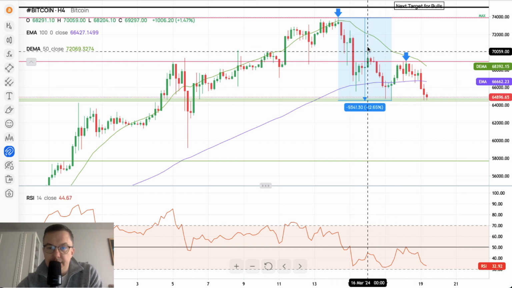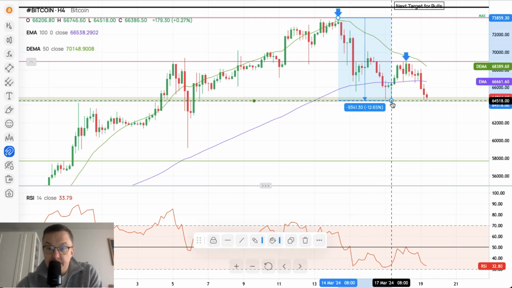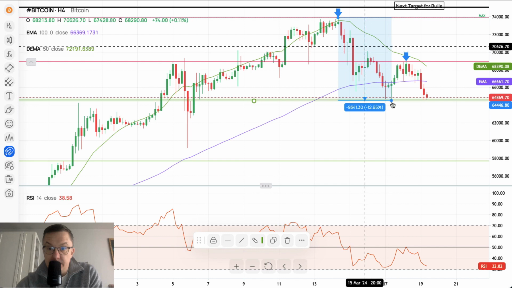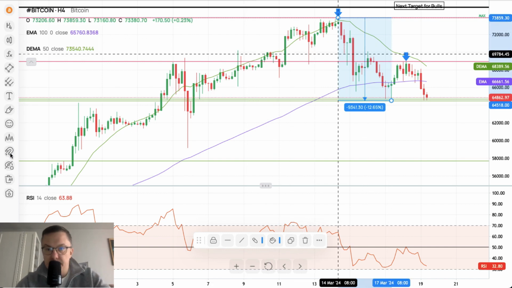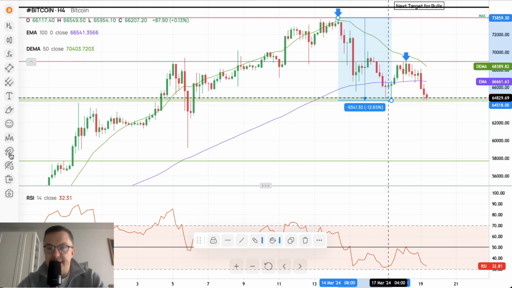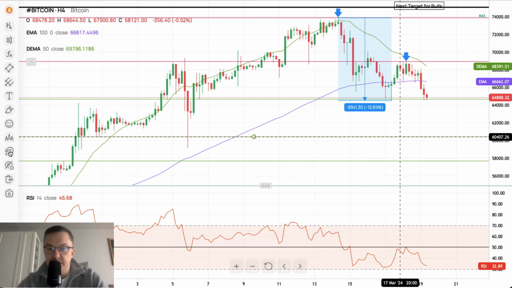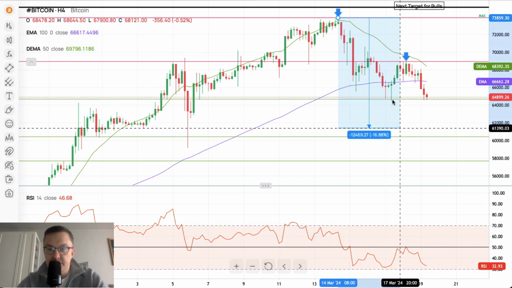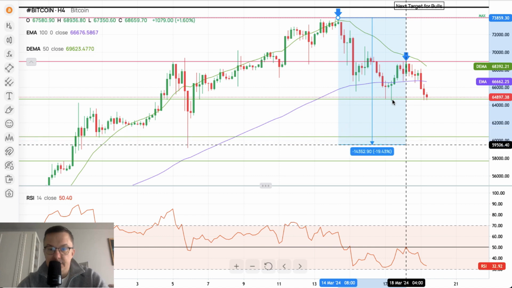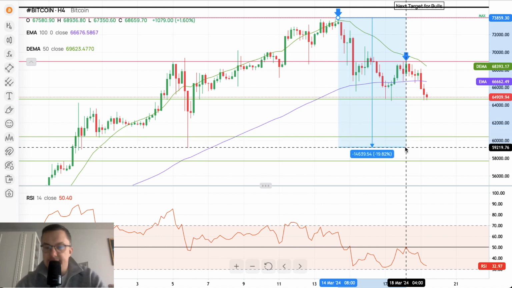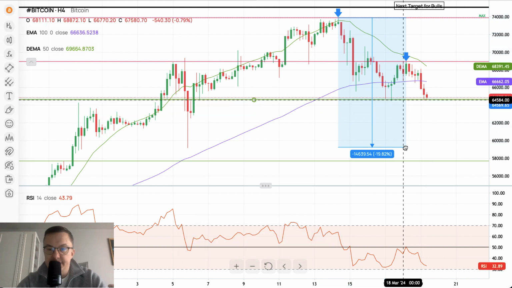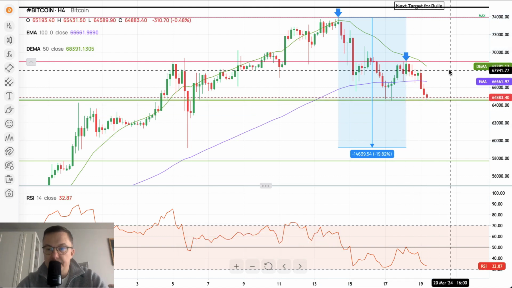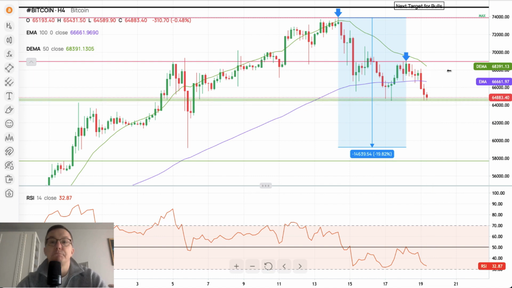And that would be, if we hit this level, eventually something like a 20% correction, if I'm not wrong. Okay, so let me just move this, and that would be, yes, 20%, exactly, minus 1980. So a 20% correction almost is looming for the Bitcoin if this support is broken.